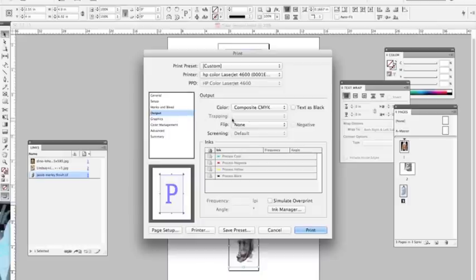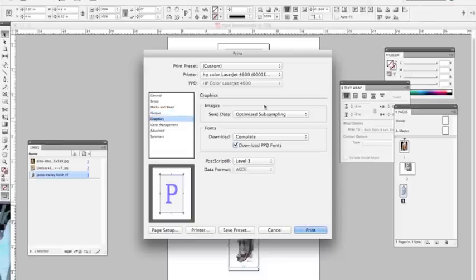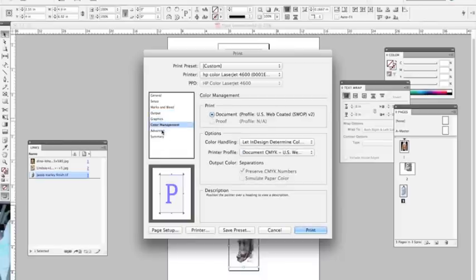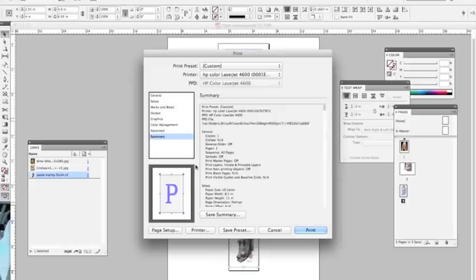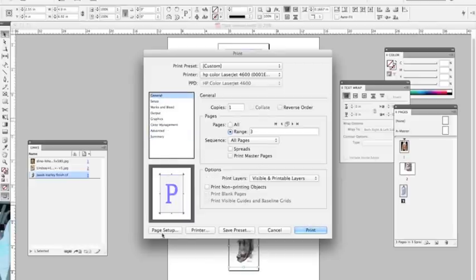Okay. There are also other things here like output, composite, CMYK. You could also do separation, so it'll print out just a cyan plate, a magenta, and so on. Just different things like that. So you look through here, and it gives you information about it, all that, and then you can go ahead and print. So that's kind of the last thing that we want to show you, and then